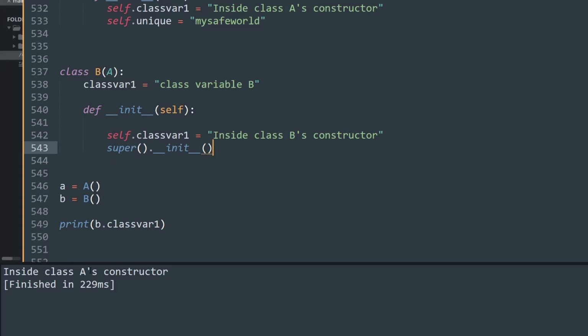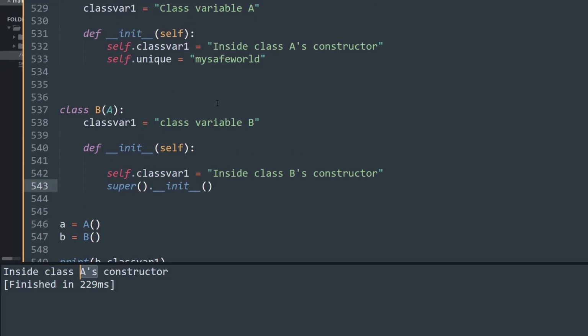Now if I run it, it simply prints inside class A's constructor, because self.class var1 took the value from the parent class, and after that the super method ran, because of which this object's own assignment did not have any existence in the code.